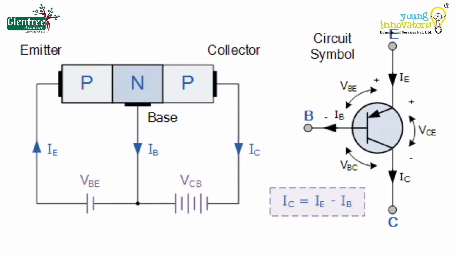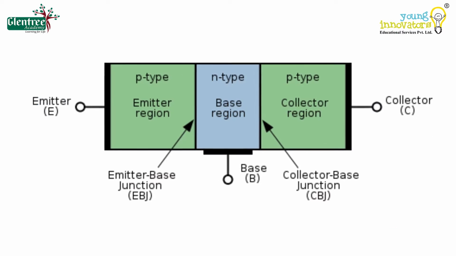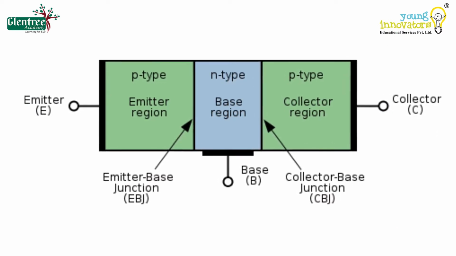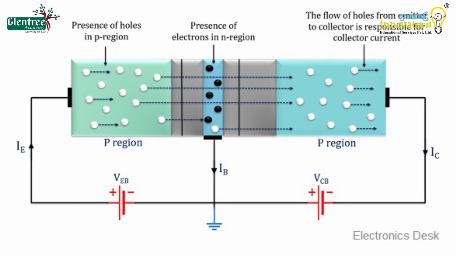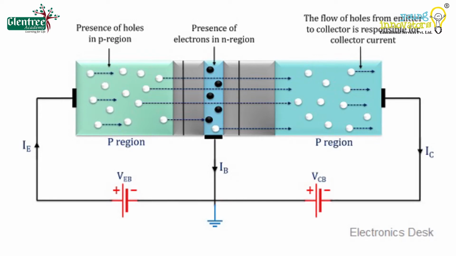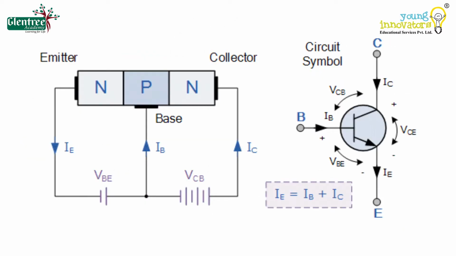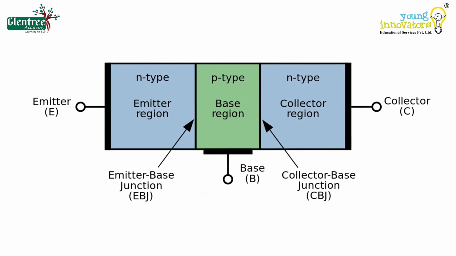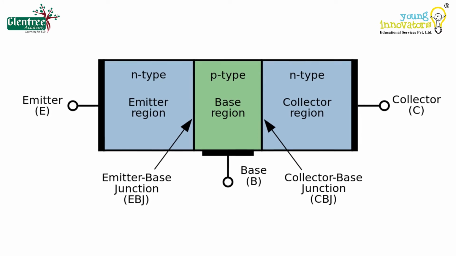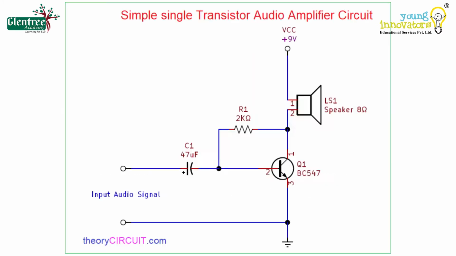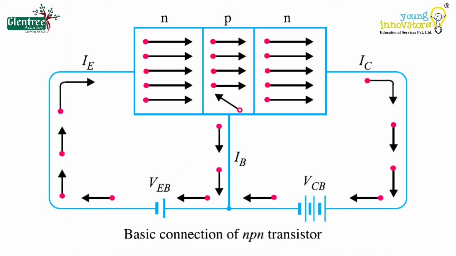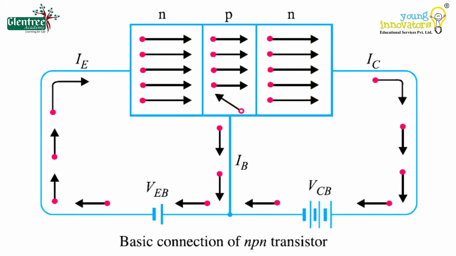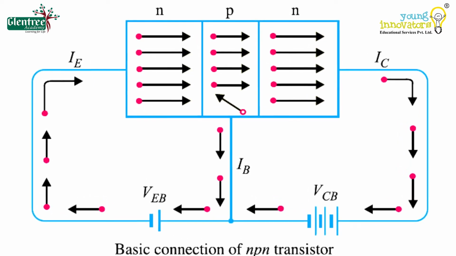Looking at a PNP transistor, it is a transistor where one n-type material is placed between two p-type materials. In such a configuration, the device will control the flow of current. Next, looking at an NPN transistor, we will find one p-type material that is present between two n-type materials. An NPN transistor is basically used to amplify weak signals to strong signals. In an NPN transistor, the electrons move from the emitter to the collector region, resulting in the formation of current in the circuit.